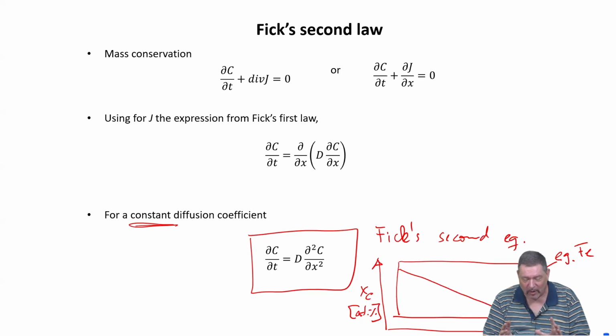So always keep in mind, if you have a situation where the diffusion process itself might change the effective diffusivity, then the approach provided by Fick's first and second equation is difficult to apply, and you have to be very careful analyzing the situation whether you are doing it correctly or not. If the diffusivity is not constant, then you will arrive at a different equation here.